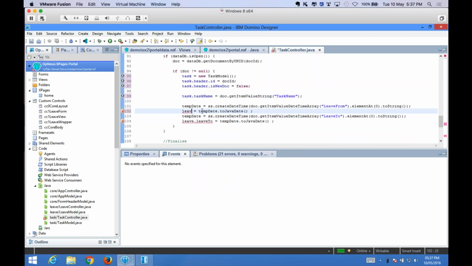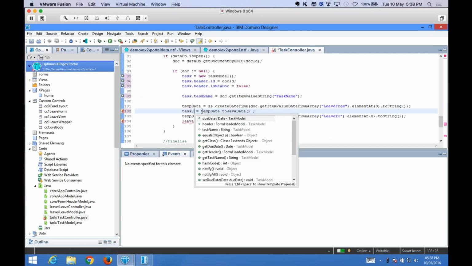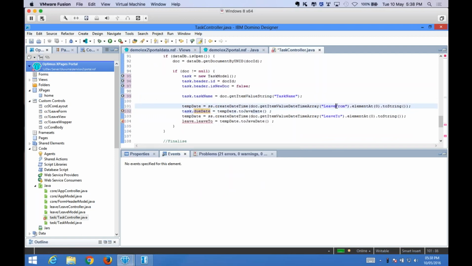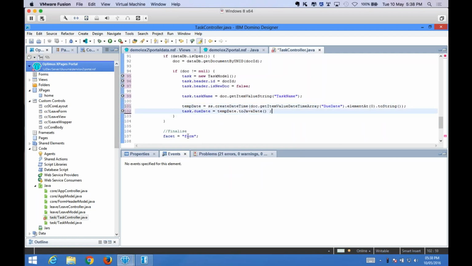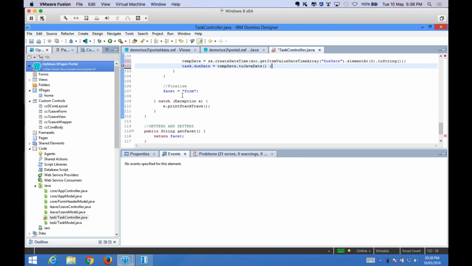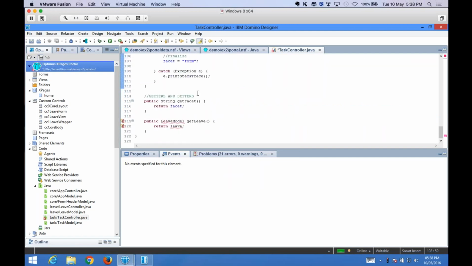Leave from is task.due date, and due date is our field name. We remove this third value because we don't need it, and we finalize facet is form, and at the bottom over here, task model, it's just changing our header, return task. Our controller is done,